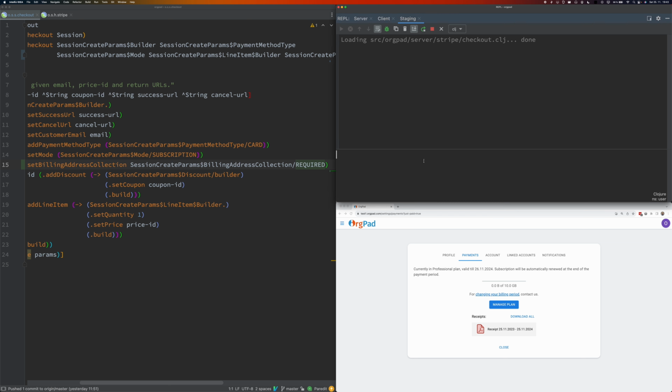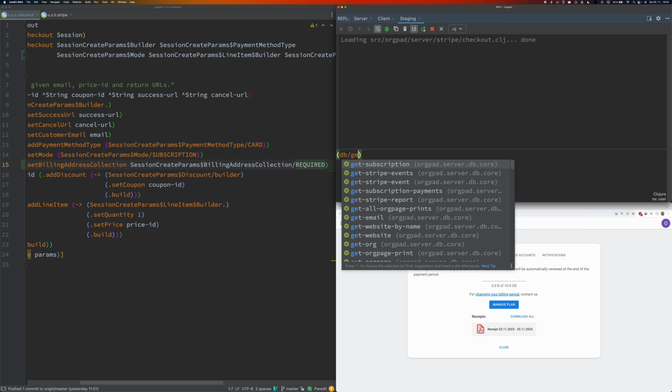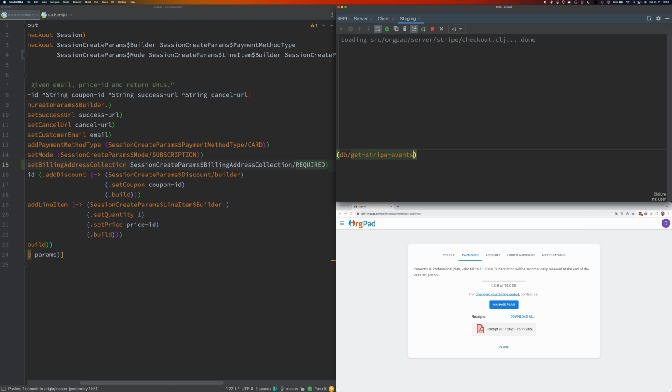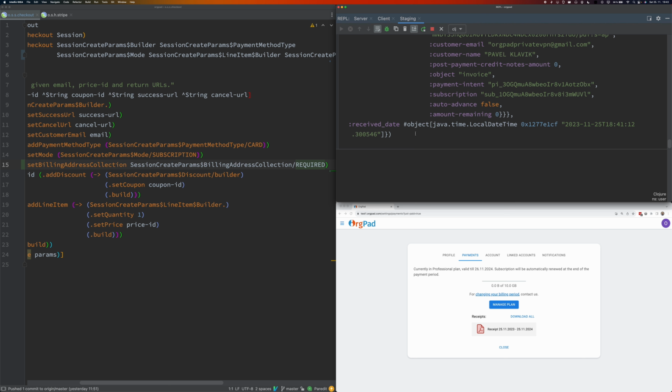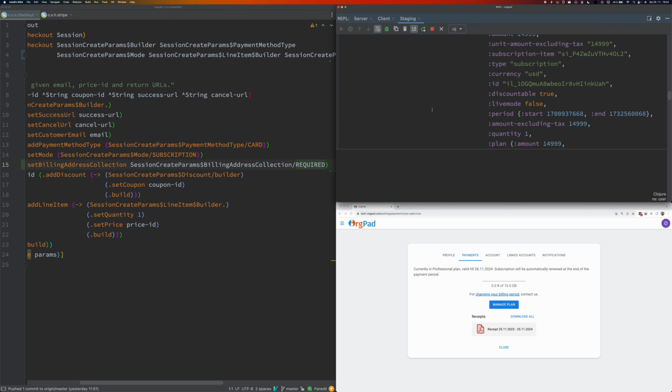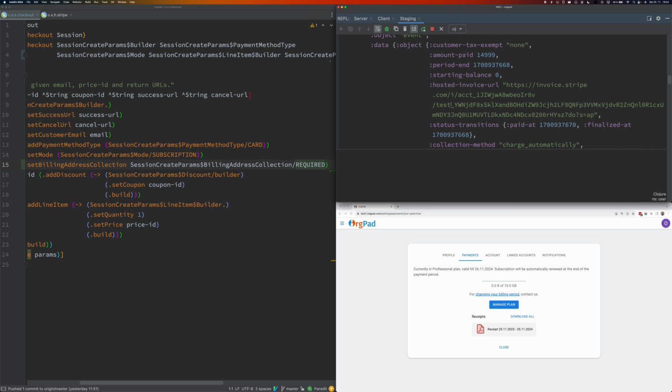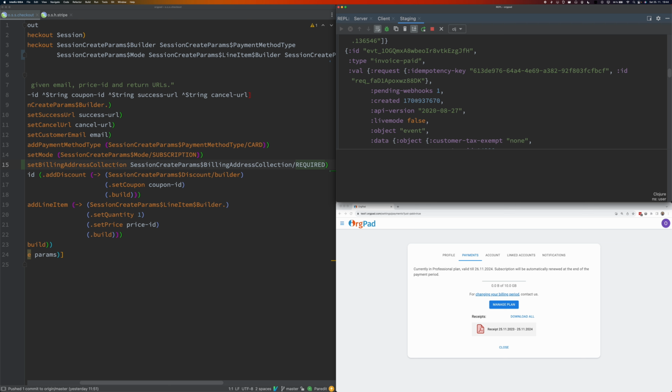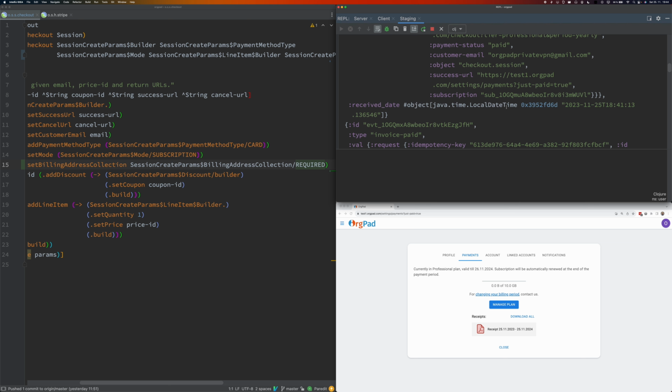So first we should take a look at the messages we received on our webhook, and it's db/get stripe-events. This displays all messages, and I think the ones related to this concrete payment are the last two. So we have some information, it's received right now.